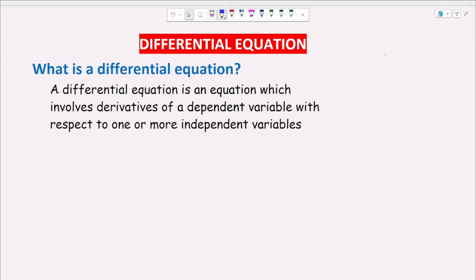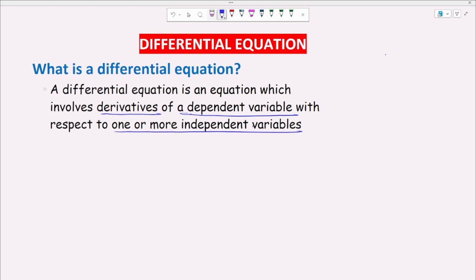Now we'll start with the definition of a differential equation. What is it? A differential equation is an equation which involves the derivatives of a dependent variable with respect to one or more independent variables. So the key word here is that it involves derivatives of a dependent variable with respect to one or more